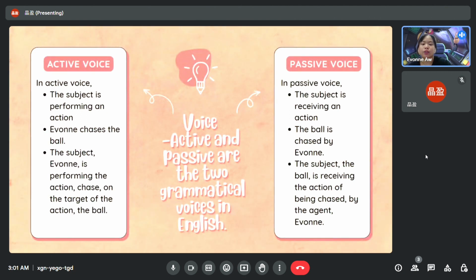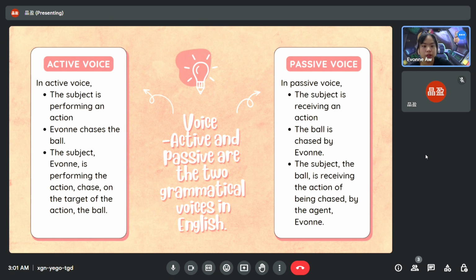There are two grammatical voices in English, active voice and passive voice. In active voice, the subject is performing an action. For example, Yvonne chases the ball. In this sentence, note that the subject, Yvonne, is performing the action chase on the target of the action, the